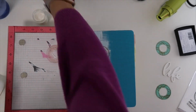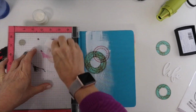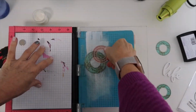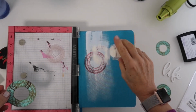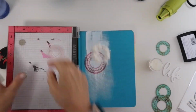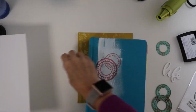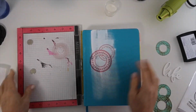Okay, in one of my projects this month for Elle Studio, I did a lot of masking with this stamp set. So I've saved those masks that I created from Post-it notes, and I'm using it here to stamp on my Bible. These images, the smaller ones that are a little bit further away from the spine, definitely came out so much better. And the other thing that I'm starting to learn and I'm starting to get more comfortable with